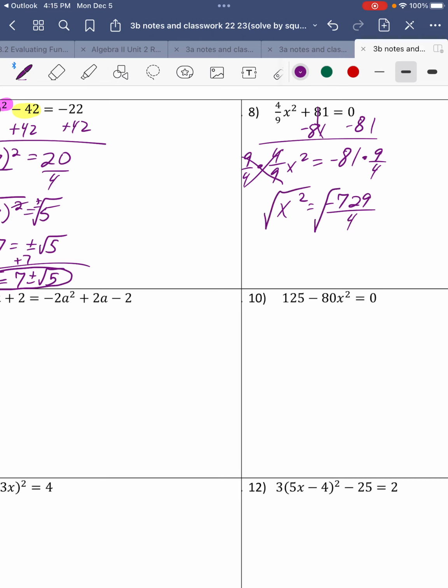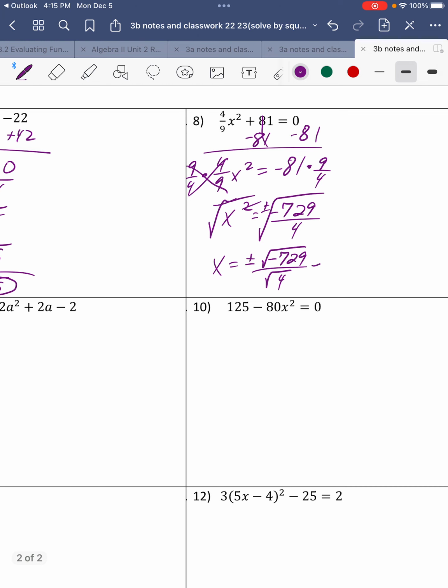Now when we square root, this is where it gets different. And I haven't talked about this. We're going to talk about it more in class in the near future, but this is the first time I'm going to show it to you. You can't do the square root of negative 729. That is a non-real answer. But what it actually is, it's called imaginary. For now, anytime you have the square root of a negative number,